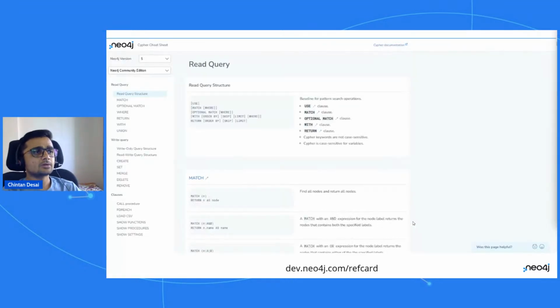There is also a Cypher cheat sheet available on the Neo4j website. So you can see the link over here, dev.neo4j.com/refcard. And you can keep this page open while you are doing some Cypher queries and working on your Neo4j use case. This will come in handy. This has a lot of easy navigation, and it has details of all the things that come in handy while you are basically querying your Neo4j